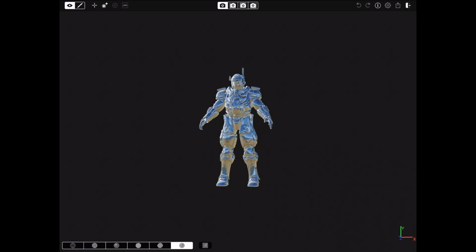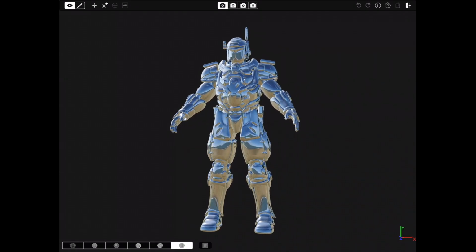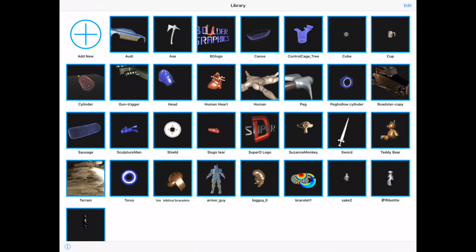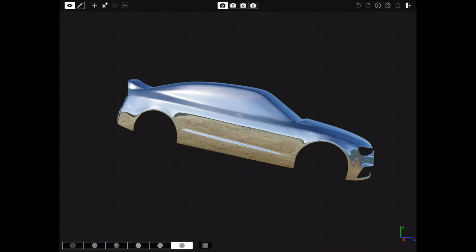Everything I'm showing you is recorded real-time off of an iPad Pro. We can do very sophisticated models like the one you see here. When you first come up, you'll see a screen like this. This is your library of models. You can add to it, you can use existing models. So what I want to do is use this automobile, first of all, to introduce you to some of the